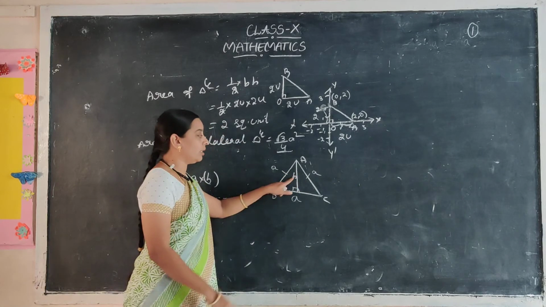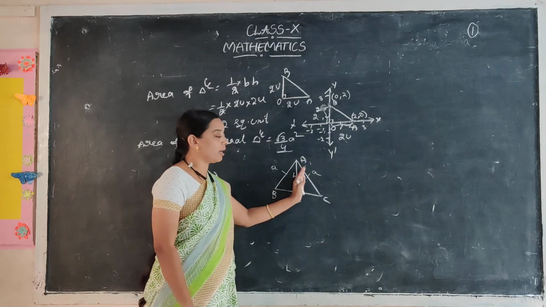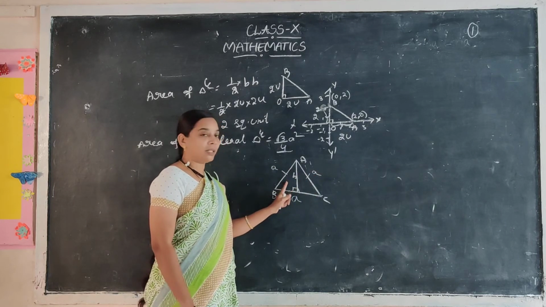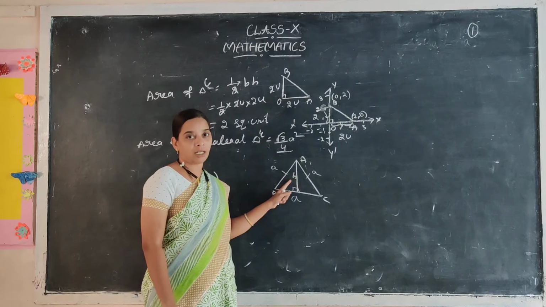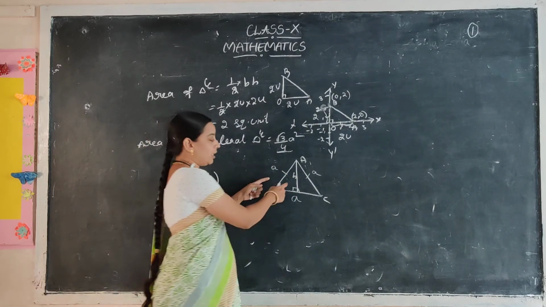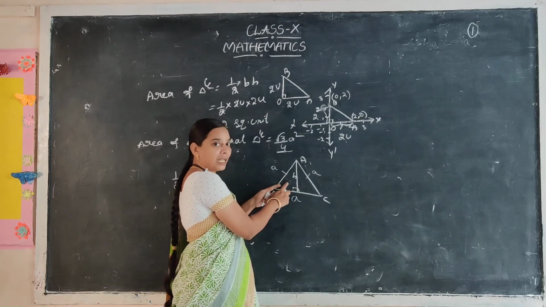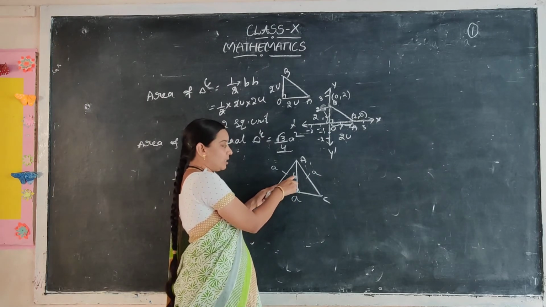How to find this height? This is a right angle triangle. So that's why, on the left side or right side, two figures are there, and both are right angle triangles. You will take any side. Suppose I take the left side. Left side is what type of triangle? Right angle symbol is there, so this is a right angle triangle. How to find this height?